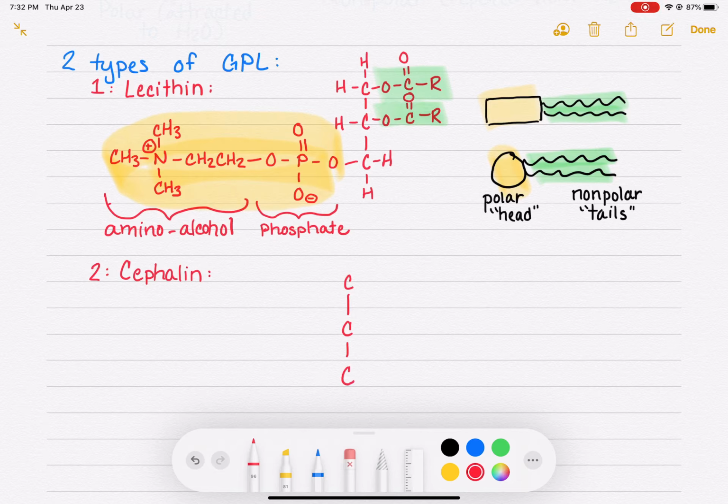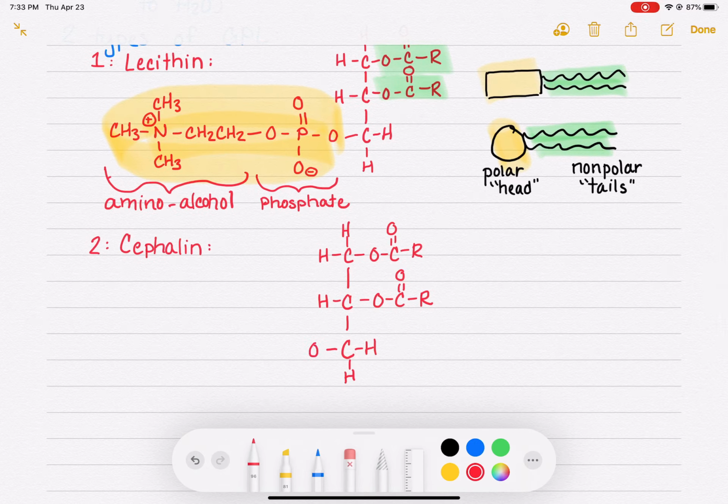We still have the 3-carbon glycerol backbone. We've got hydrogens, 2 on the top, 1 in the middle. We've got those 2 fatty acid tails on the carbon on the top and also the carbon in the middle. And our carbon down on the bottom has its 2 hydrogens as well. It has a phosphate group: oxygen, phosphorus, oxygen with 2 more oxygens, 1 with a double bond, 1 with a negative charge, and then the amino alcohol group, which is a CH2, CH2, NH,